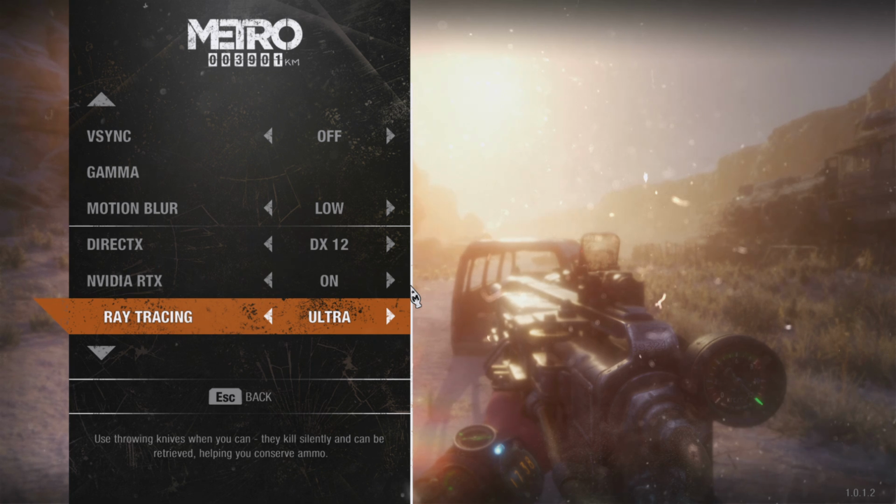Ray Tracing High and Ultra, I don't know what the difference is visually for me. I think I saw somewhere, was it a Digital Foundry video? I don't remember. Where it was said that High uses a half ray per pixel and Ultra uses 1 ray per pixel, so it is definitely a lot more work. But at 1920 by 1080, it was actually still able to handle. In fact, it's not going to show me the values, but...